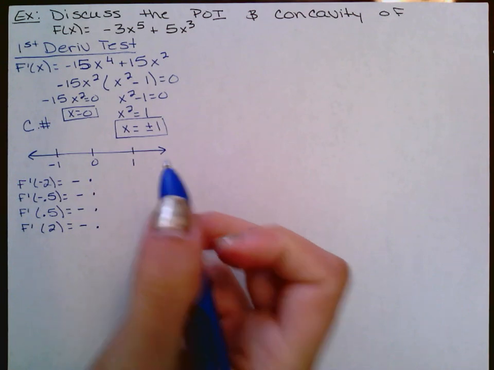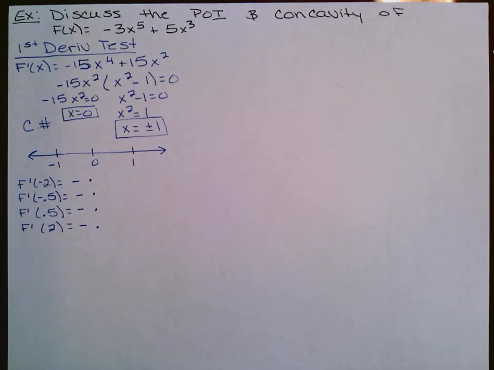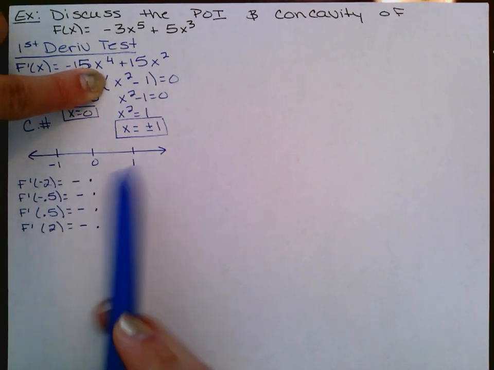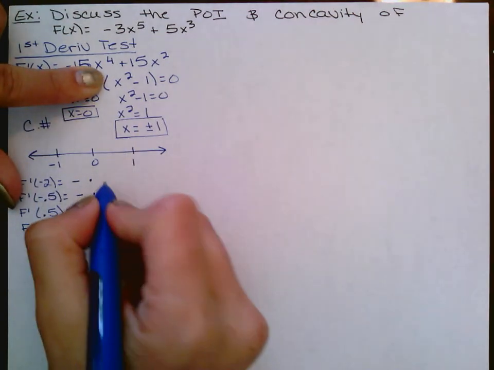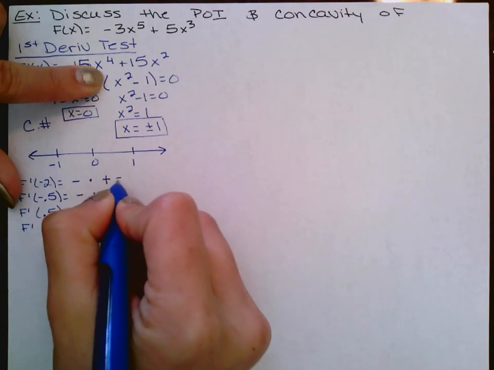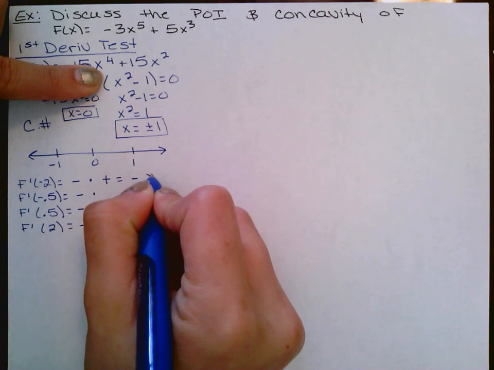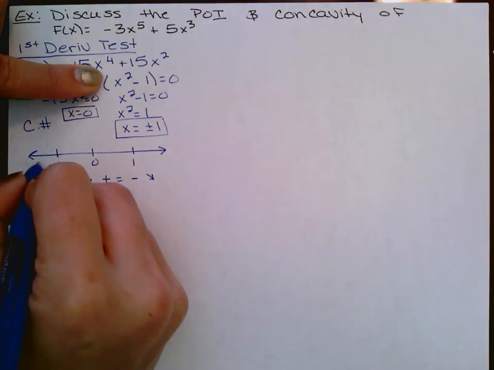So now we're plugging these values into the factored version right here, okay? So no matter what I put in here, any of these numbers, positive or negative, the x squared is going to make them positive. And anytime I square anything, it turns positive. So positive times negative will always be negative for this first part, okay? All right, for this next part, now when I put the -2 here, -2 squared is 4. 4 minus 1 is a +3. Okay, negative times positive is negative, which would indicate decreasing. So I have negative